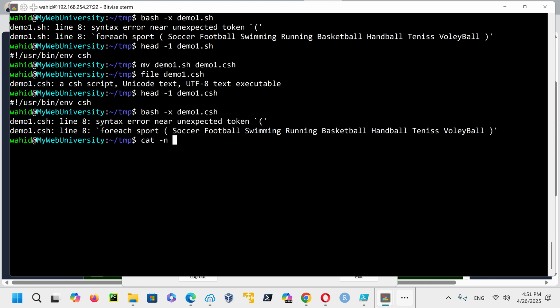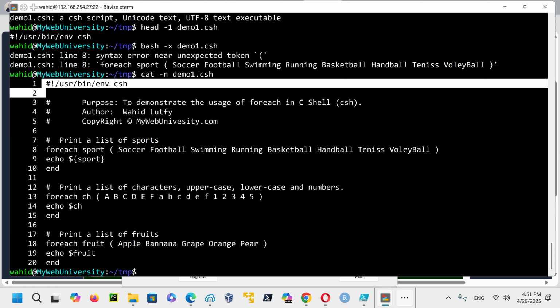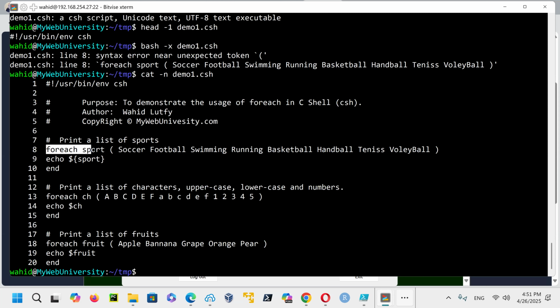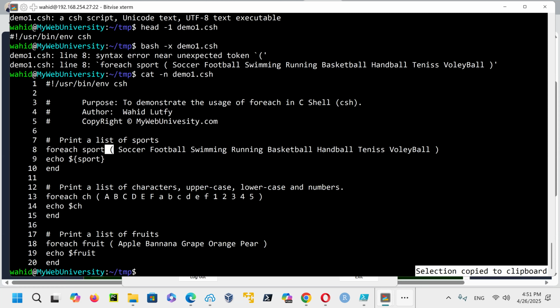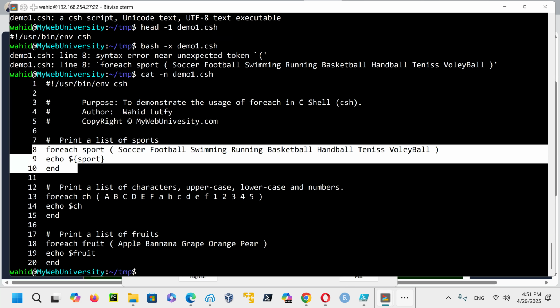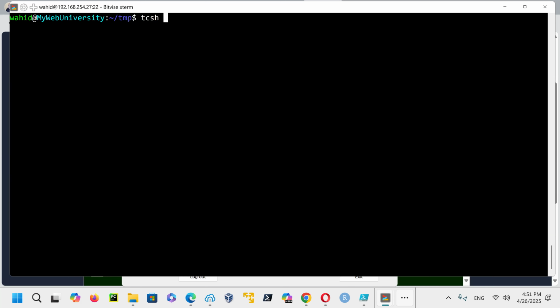So cat -n demo1.csh, you can see line 8 up to this one was all comment, and then all of this. So the foreach statement, when it reads this one, says this is not bash syntax. You are doing a foreach statement, and this foreach statement has a C shell syntax. True C shell, or tcsh, and this would work. So the way you work is tcsh -x demo1.csh.